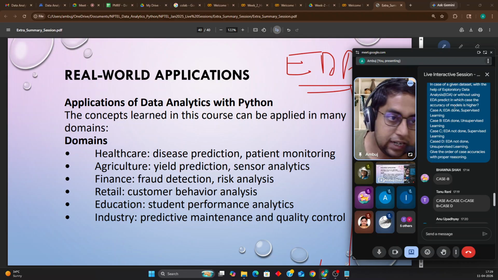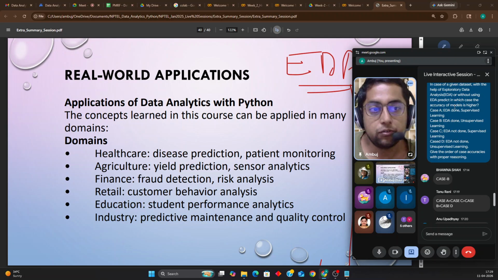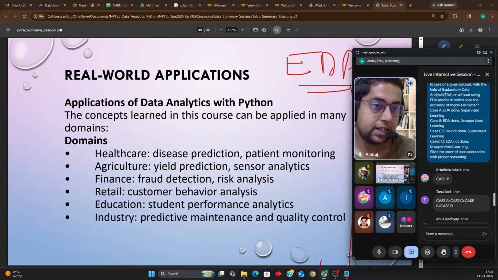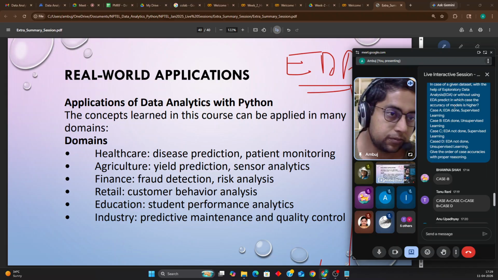In case B, EDA was done, outliers were removed, and the model fitting was done with caution about which model we have to apply. That is why it would have sufficiently good accuracy, but it is unsupervised learning. So the output data won't be present there. It would be missing some dissimilar type of data or the missing data would be there and it won't help us to create such a highly accurate model. So it would be next.